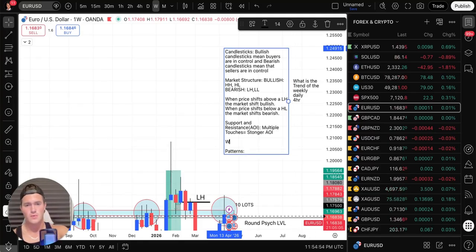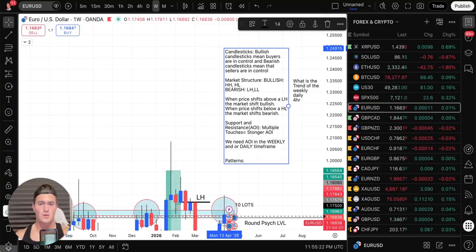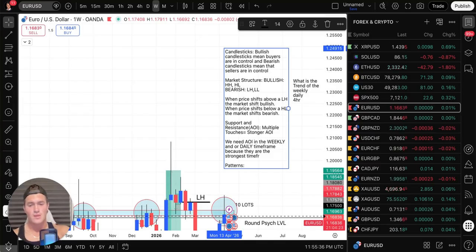We want, so we need an area of interest in the weekly and/or daily time frame, because they are the strongest time frames and price respects them